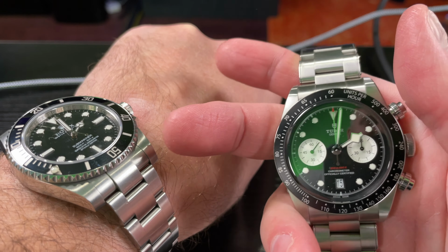So here's a Submariner. I got bacon grease on it, man. The Submariner 114060. So to kind of give you an idea of how it looks on the wrist, very comfortable, arguably one of the most comfortable and most iconic wristwatches in the world, wear anywhere, and just a great piece. So there it is, and then I'll flip over to the Tudor Black Bay Chrono, and again, that Submariner,